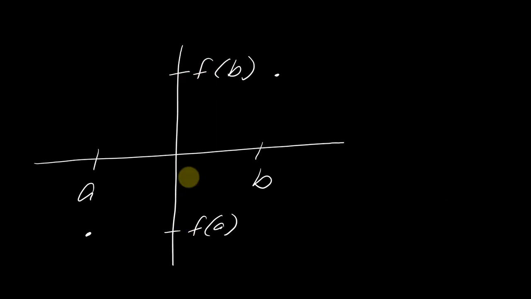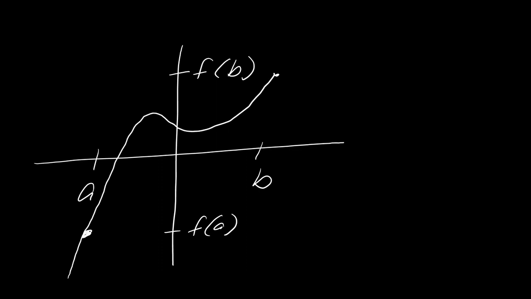Okay, so I have a graph. This is talking about a graph. I've got two numbers, a and b. So I'm told that the sign of a and b changes. So let's say this is the value of f of b right here, and let's say that this is the value of f of a. It doesn't matter where you put these points. All that matters is that f of a and f of b are basically on opposite sides of the x-axis, okay? Because what this means then is if I were graphing this, I'm going to have something like this happen,